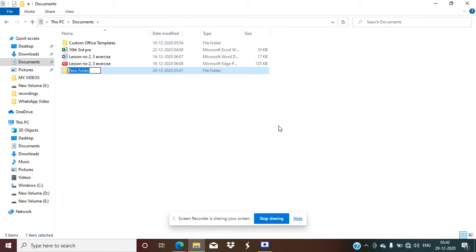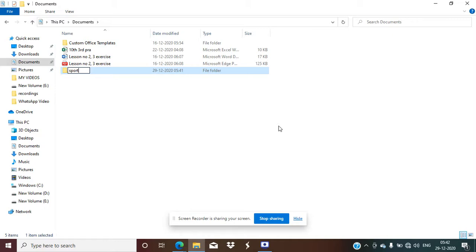You have to give a name to your folder. If you don't give any name, you cannot identify or recognize your file afterwards. So please give a proper name for your folder. The name can be your own name or any kind of name by which you can identify your folder.